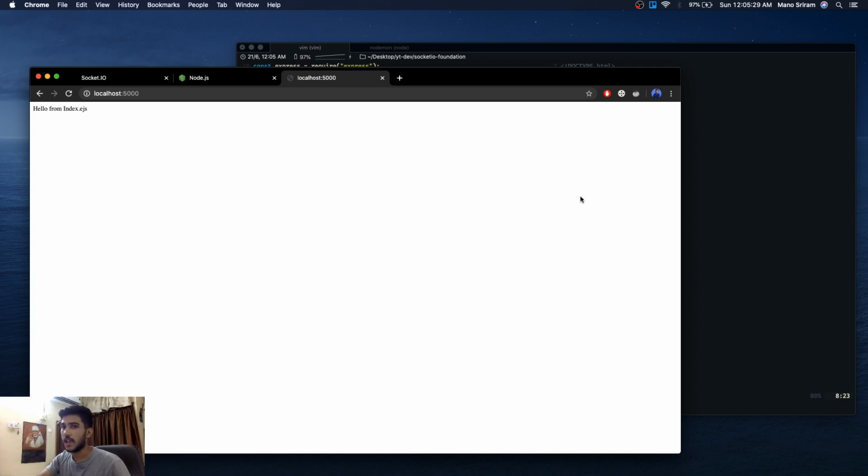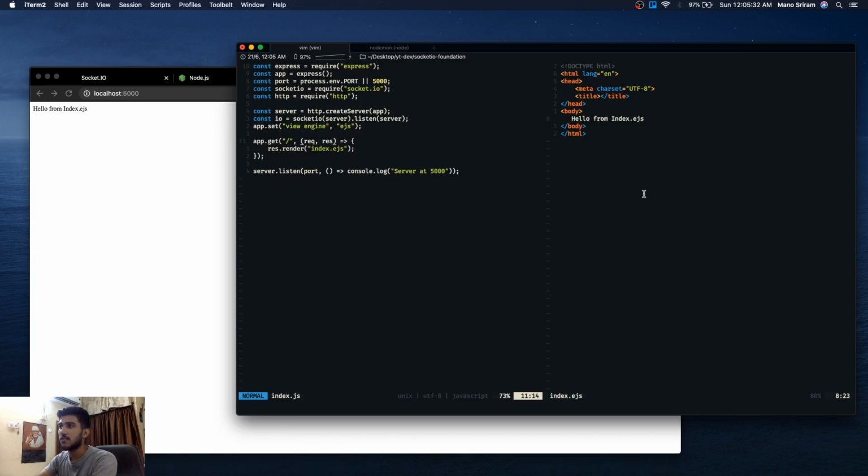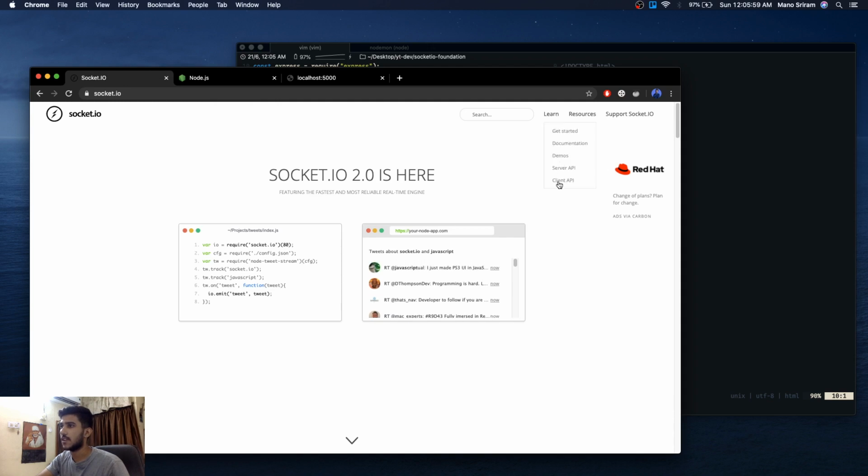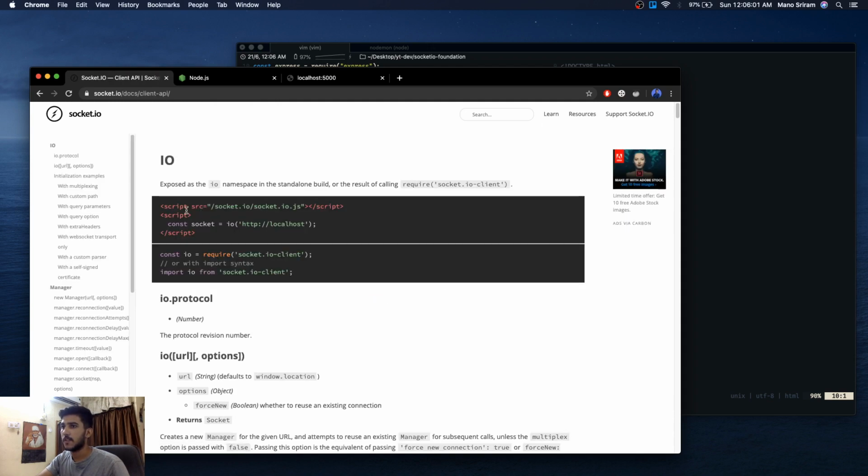And so now we have a client, and this is the client here, the HTML file, and I want to add the socket.io script tag here. So for the client to recognize that there is a socket connection waiting for us, it needs to recognize that there is a socket module for us. So I think we can just copy that from the socket.io website here in the client API, and here it is. You can just copy that and paste it here.